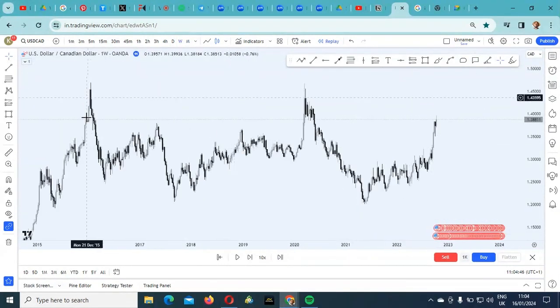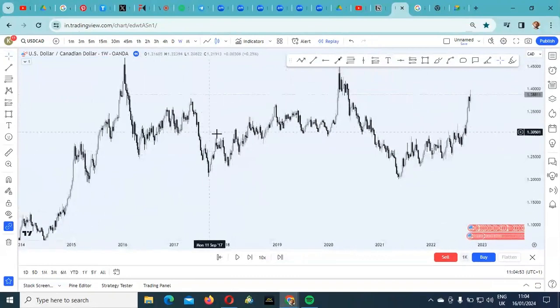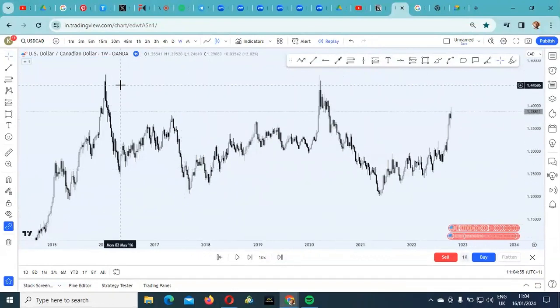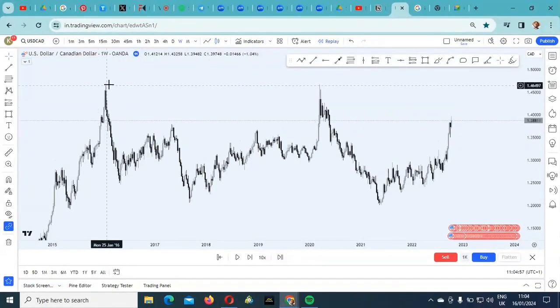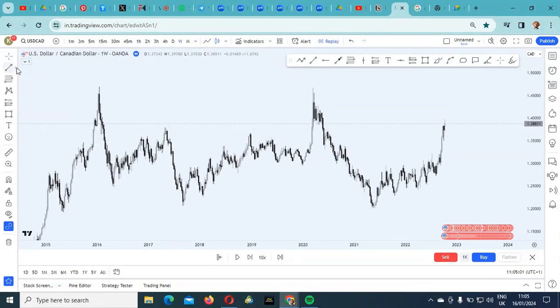Now you see, these were the internals we once marked on the monthly. Now you see how they are big right here. If you check on the weekly chart, they are responsible for the highest point of this chart and the lowest point. The same, they're responsible for it. So all you have to do is